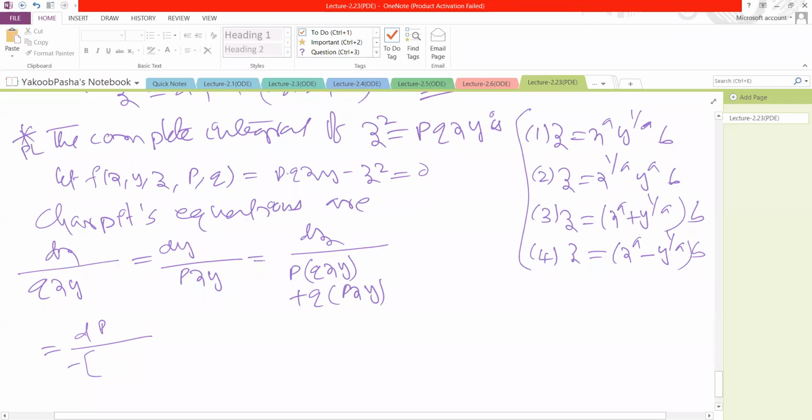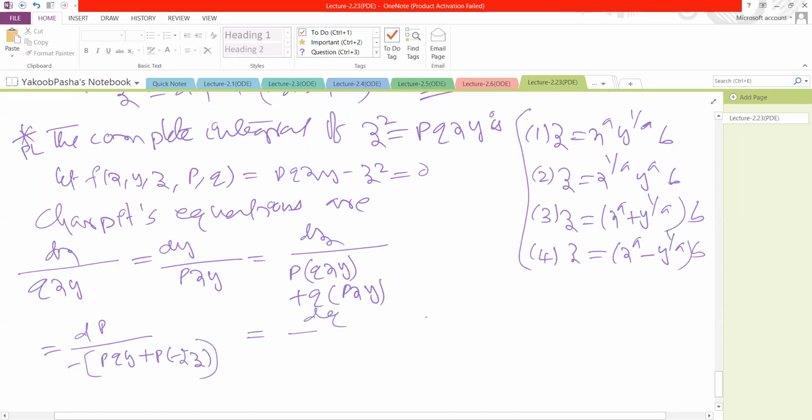Fx means here pqy, so it is pqy minus plus p into fz. Fz means minus 2z,